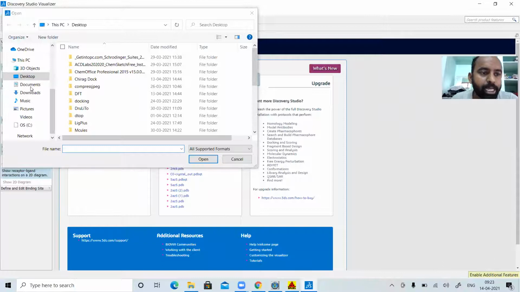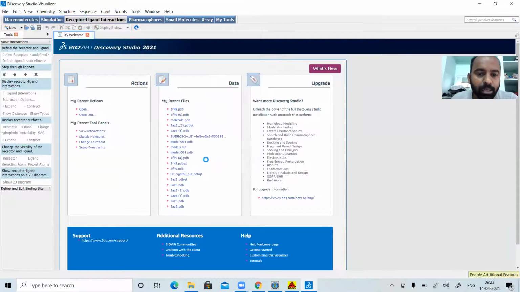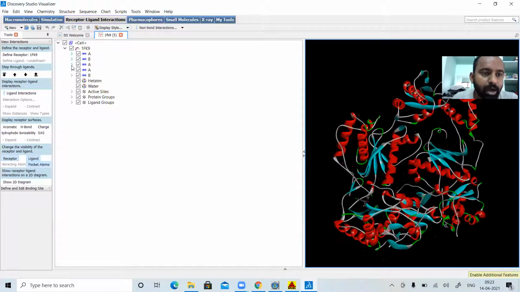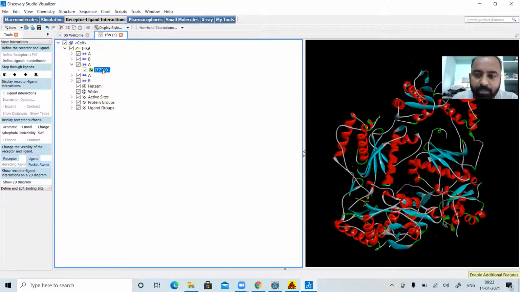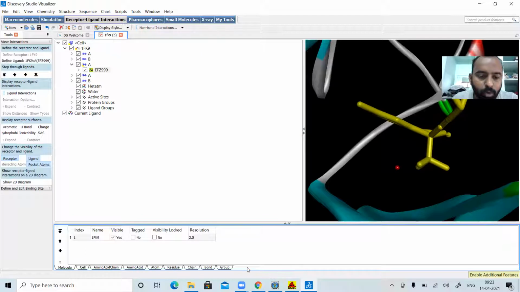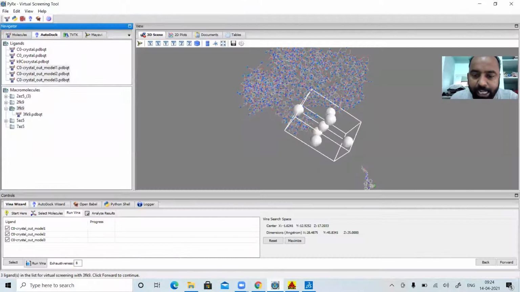Now here my macromolecule is 3FK9, I'll just click onto it. Here again, I will go back to my ligand. Now my ligand is ephedrine. I'll simply click onto the defined ligand and go back to my chain and see what the grid coordinates are. So the grid coordinates are 1.4569, minus 36.849 and 20.512. So these coordinates I will set here.